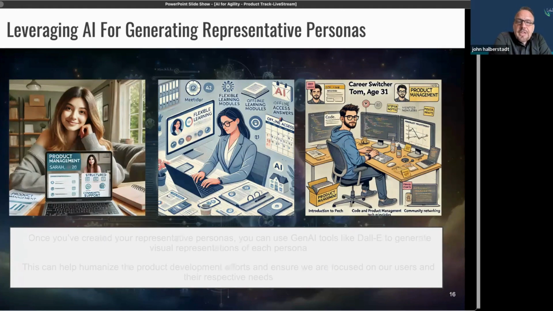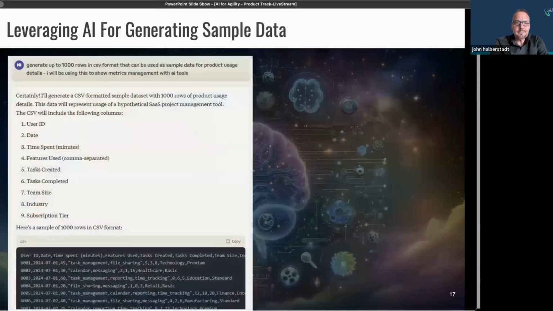And in the olden days, we actually used to put these up on the walls where the teams were working to remind ourselves of who we're building for, not just the pictures, but the entire persona. And that's a way for us to constantly remember that we're building for specific people with specific needs, and personas are really helpful to make sure that we're constantly remembering for whom we're building and what they need.